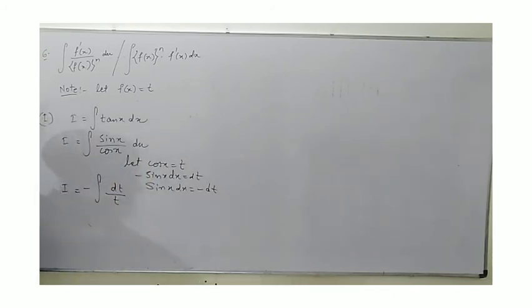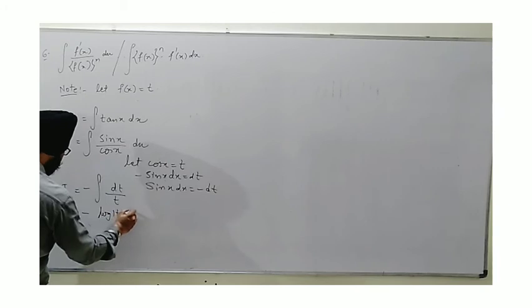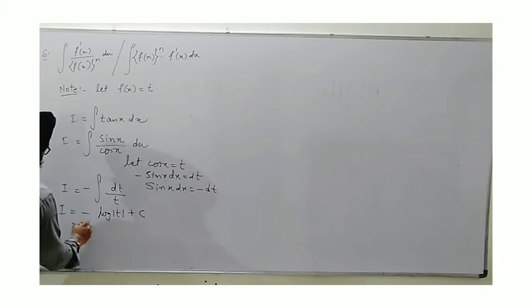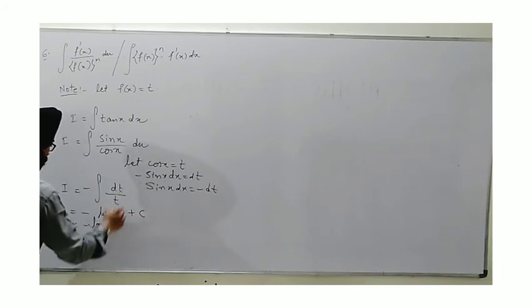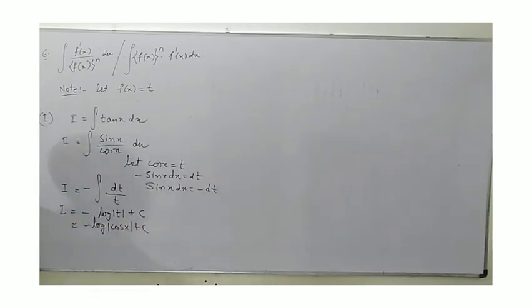So it is the integration of 1 upon t. By the fundamental formula, we get log of t plus c, or we can say this is minus log of cos x, replacing t by cos x, plus c. Now this becomes an identity. After this you can use it as a formula directly. This becomes a formula of integration of tan x. Not the fundamental method, but now onwards, as we have derived it, you can apply the equation directly. No need of explaining this much method every time.